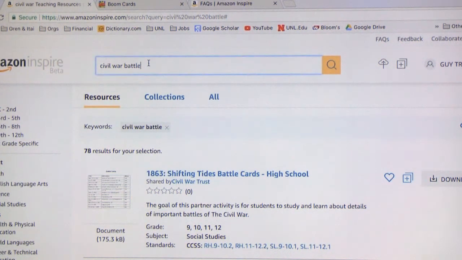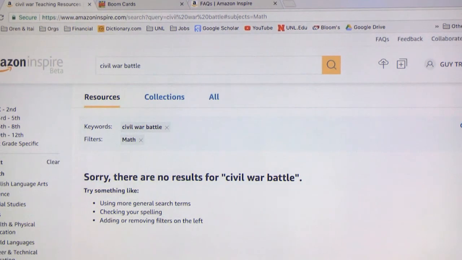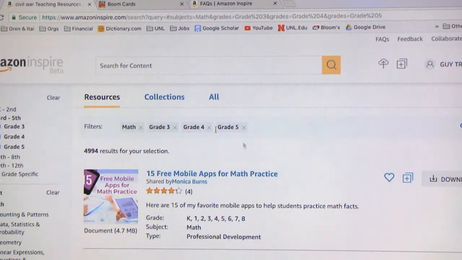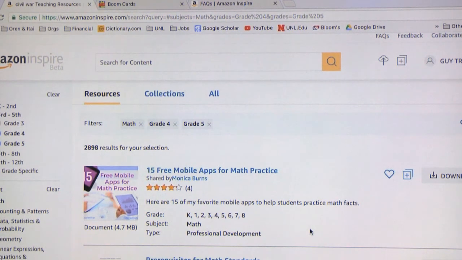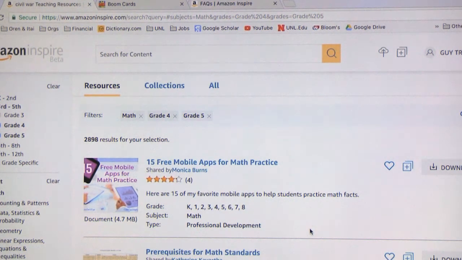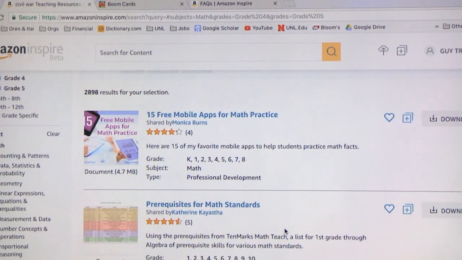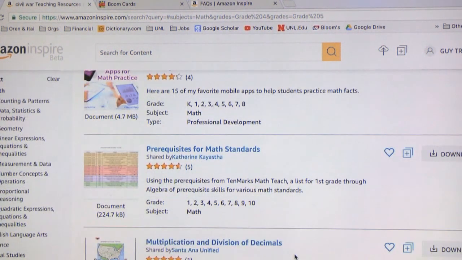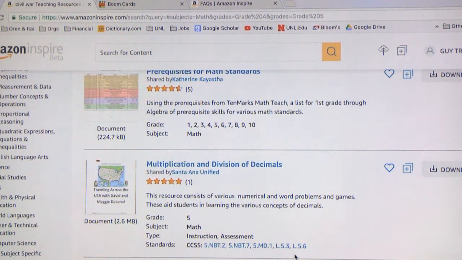Let's see what they have for math, and let's say I want math and I want to make it for 3rd grade and then extend it 3rd through, what do I have here? We'll do 4th and 5th. So now you can see some ideas about what can be used and what's available. Here are connections, for example, to a document that talks about mobile apps that will help you teach math. So it's more teacher-oriented standards, and then lesson plans that actually address specific skills. And again, very clearly the grade level, the standards, and the materials.